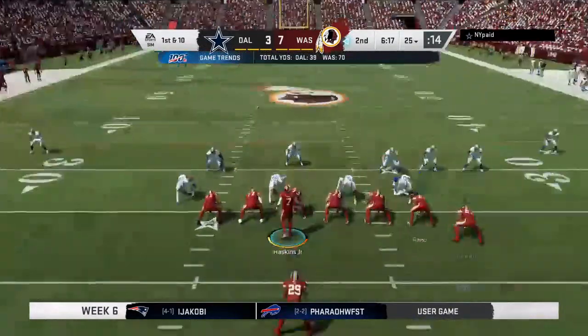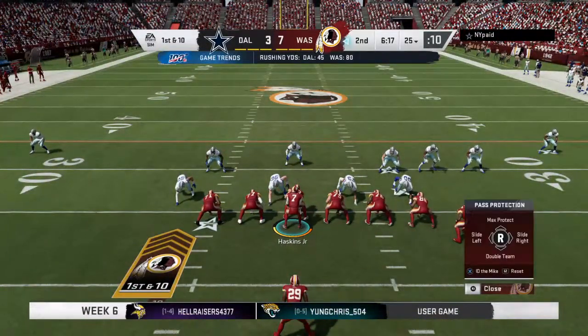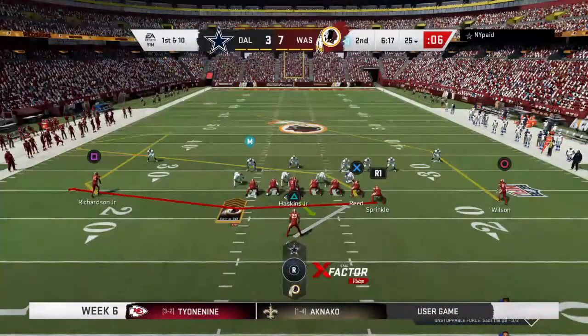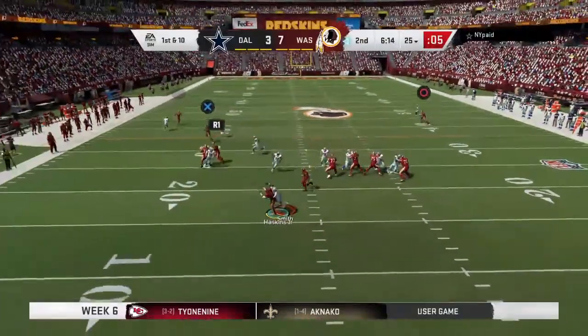Out there ready for this next drive, the Redskins offense. And following the interception, just any interception, are you a little bit more cautious when you start that next drive, or no, you just throw that out the window? I think you are. I don't think that there's any...